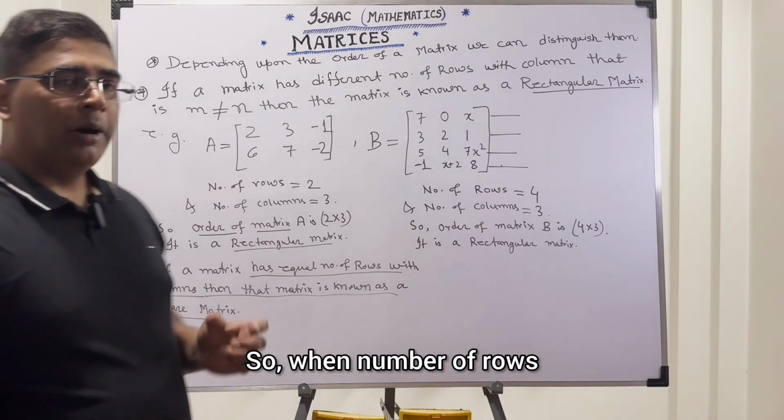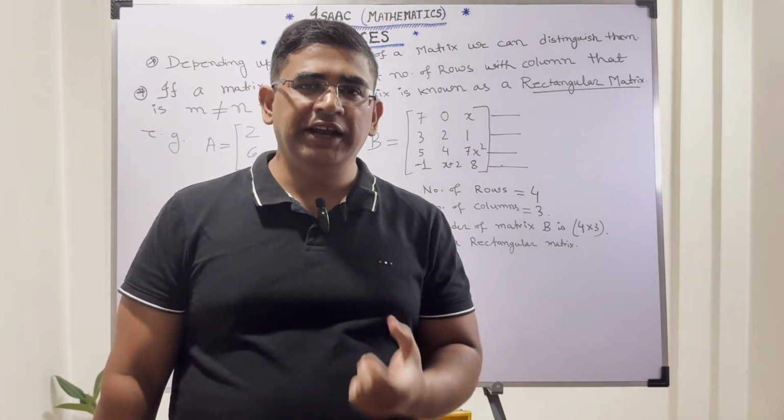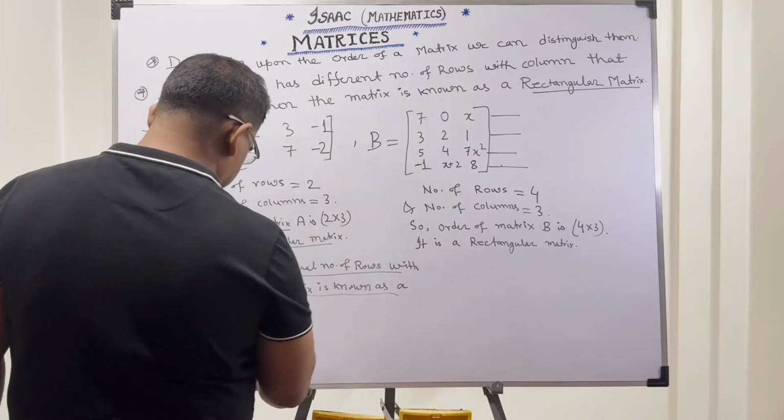So when number of rows and number of columns of a matrix are equal, then that matrix is known as a square matrix. Example: